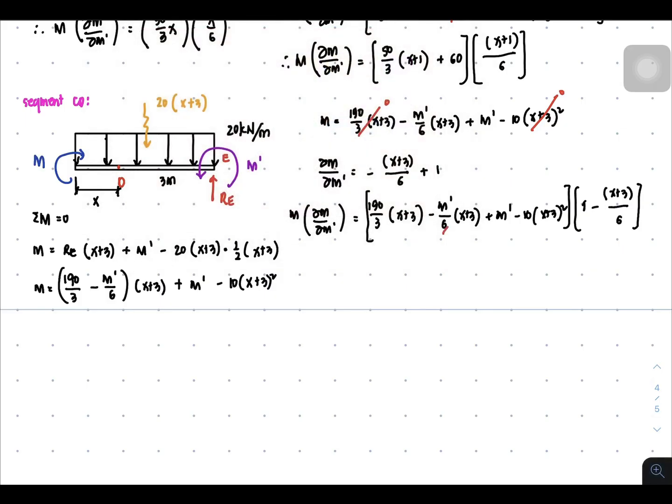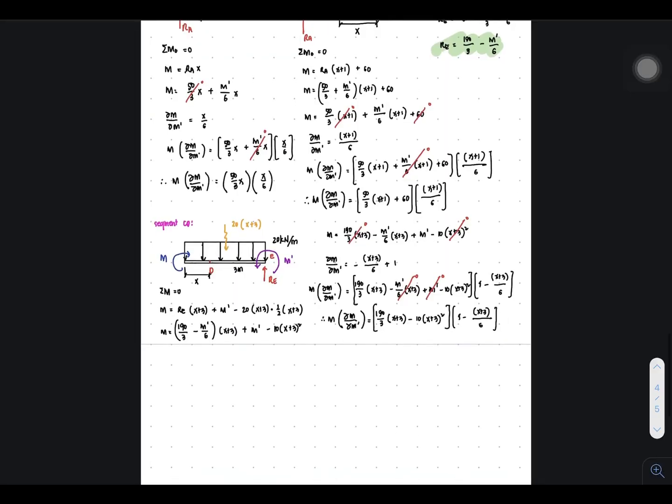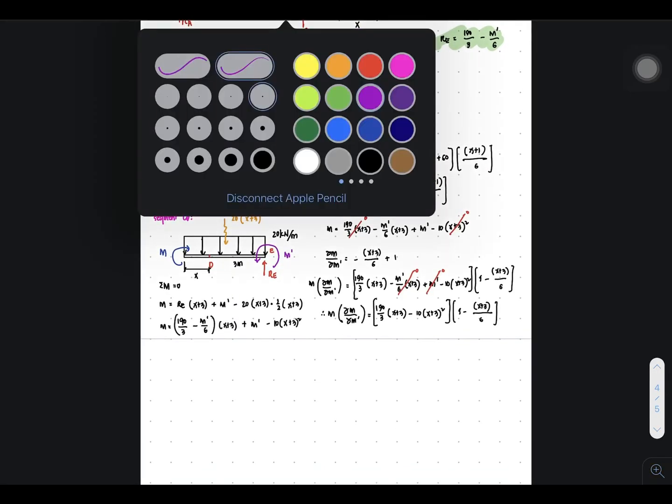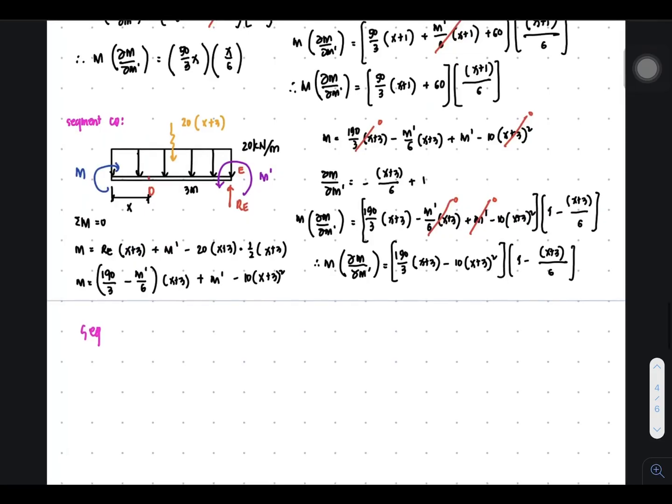And then this time, those terms with M prime will now permanently be set to 0. So now the final product of M times the partial derivative of M with respect to M prime is now equal to 190 over 3 times x plus 3, then minus 10 times x plus 3 squared, and multiply this all to 1 minus x plus 3 over 6. This is for segment CD. Let us continue to our last segment,